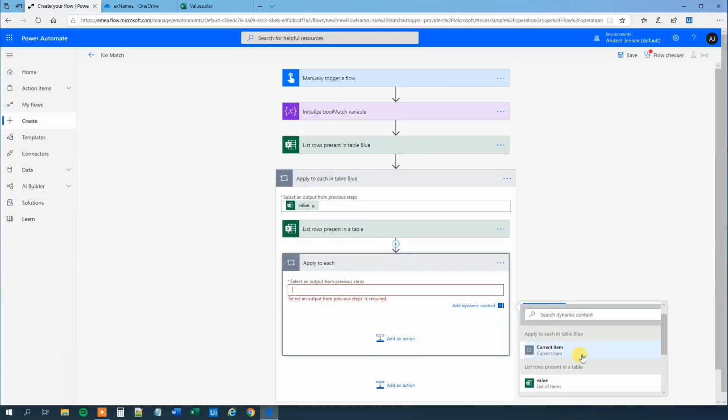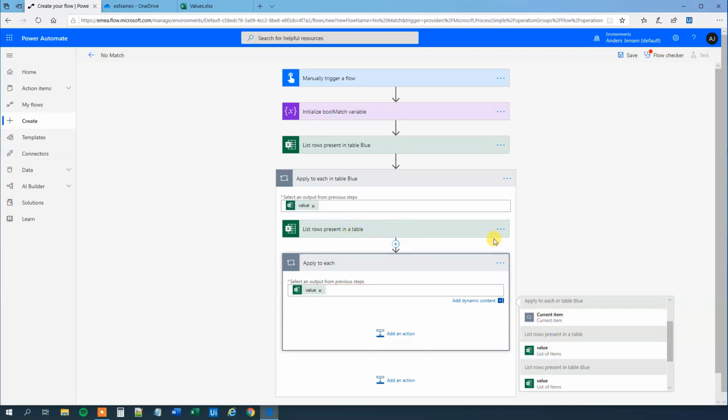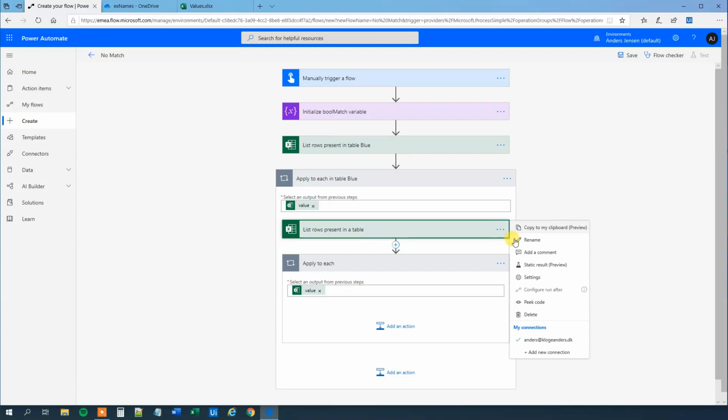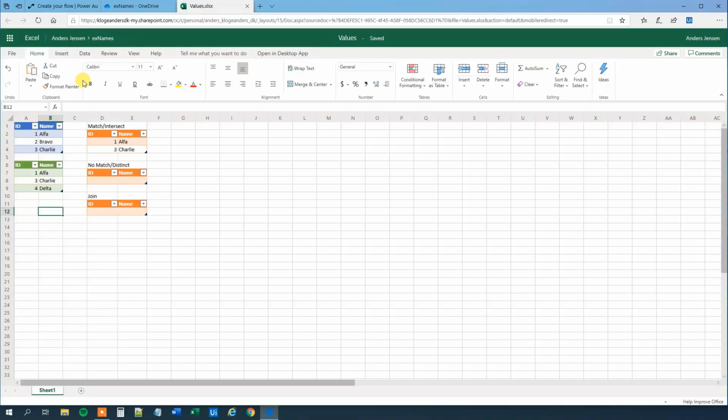Apply to each, and that will be the value of the table. I haven't updated this, so the name here, but let me do that. It's always nice, so we can go back and easily see what we actually are doing. This one, apply to each in table green. What we do here is that we will iterate through each of the values here in the